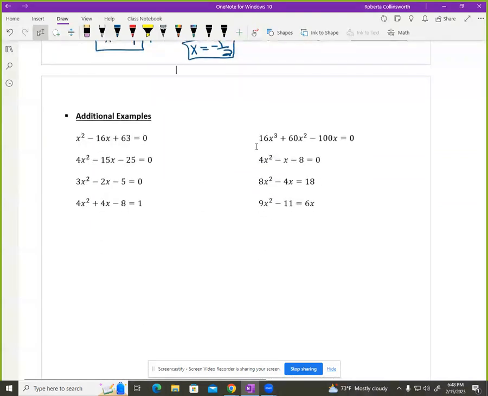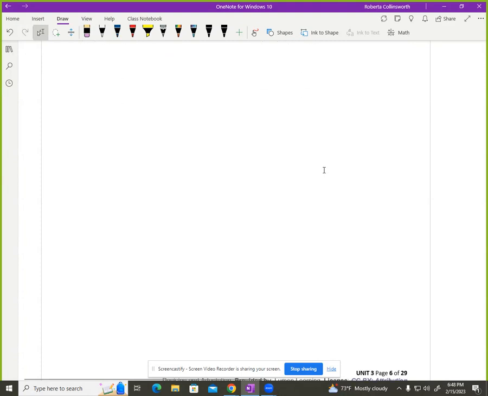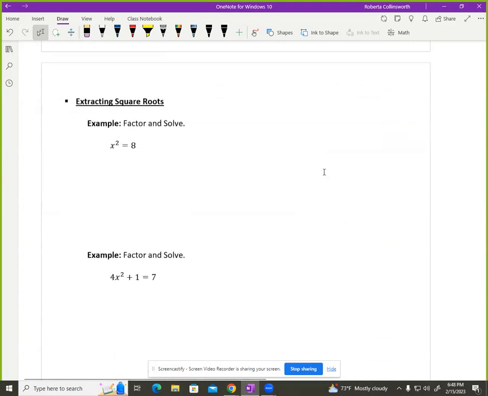Okay. Here's some more examples right here. You can do these examples, and I'd encourage you to. We're not going to do them, so we're going to move on so we can go home tonight at some point. So the next part we're going to look at for solving quadratics is extracting the square